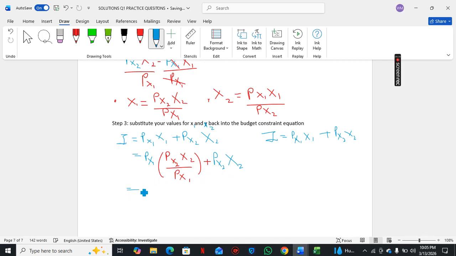These PX1s cancel each other out. So you have PX2 X2